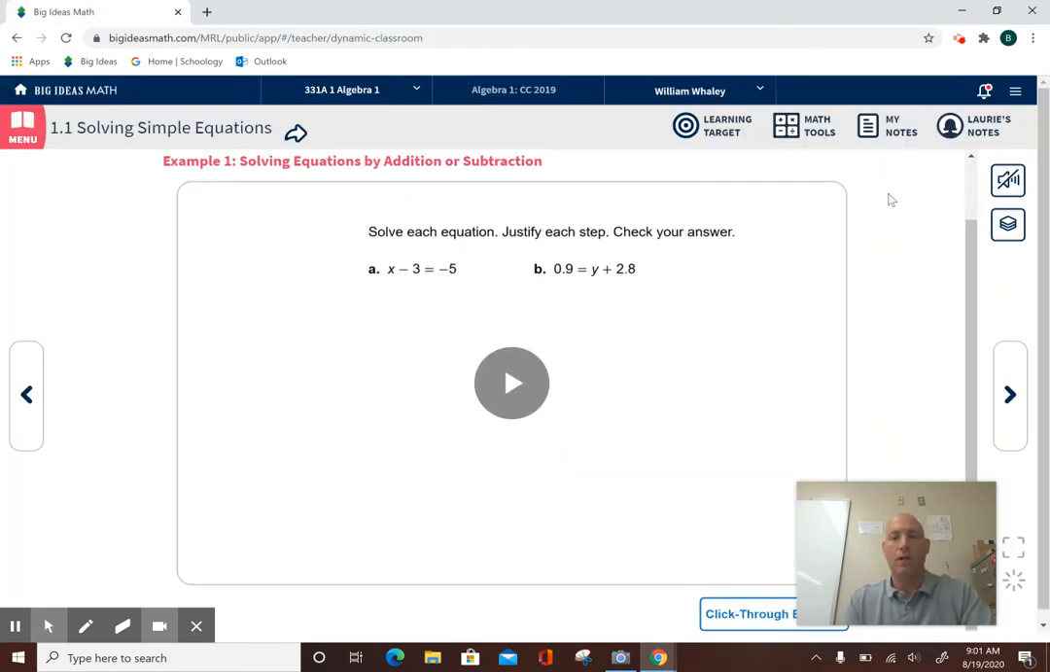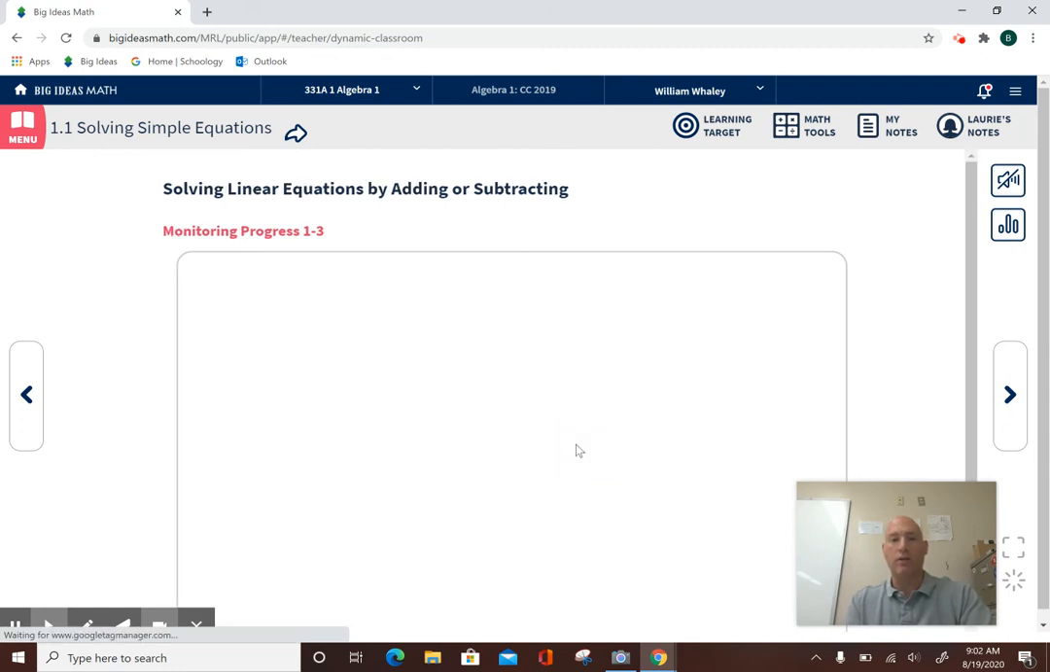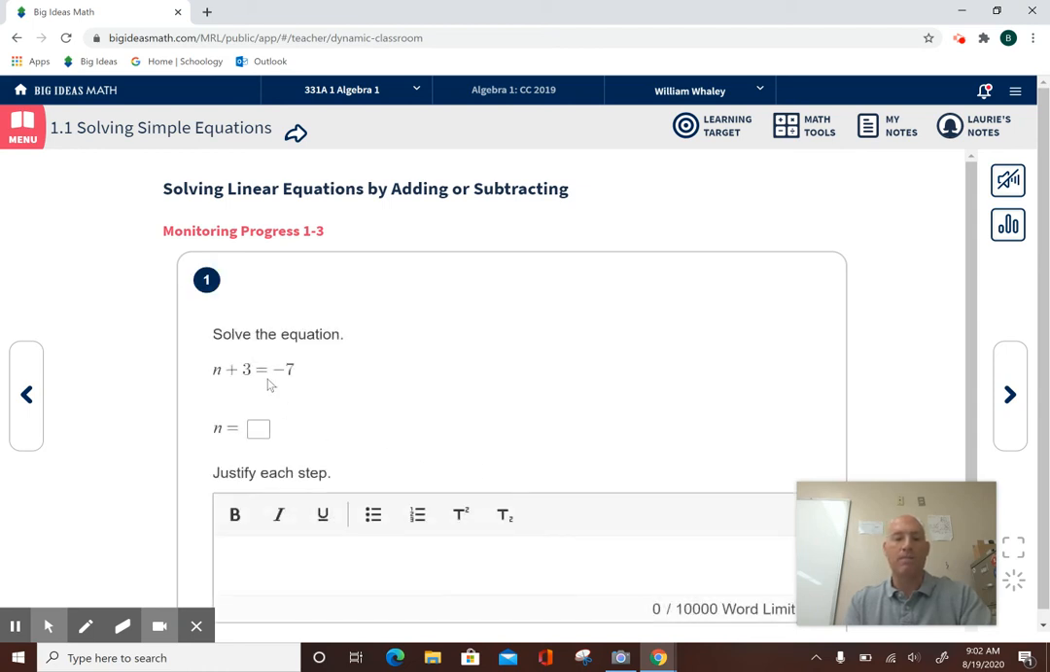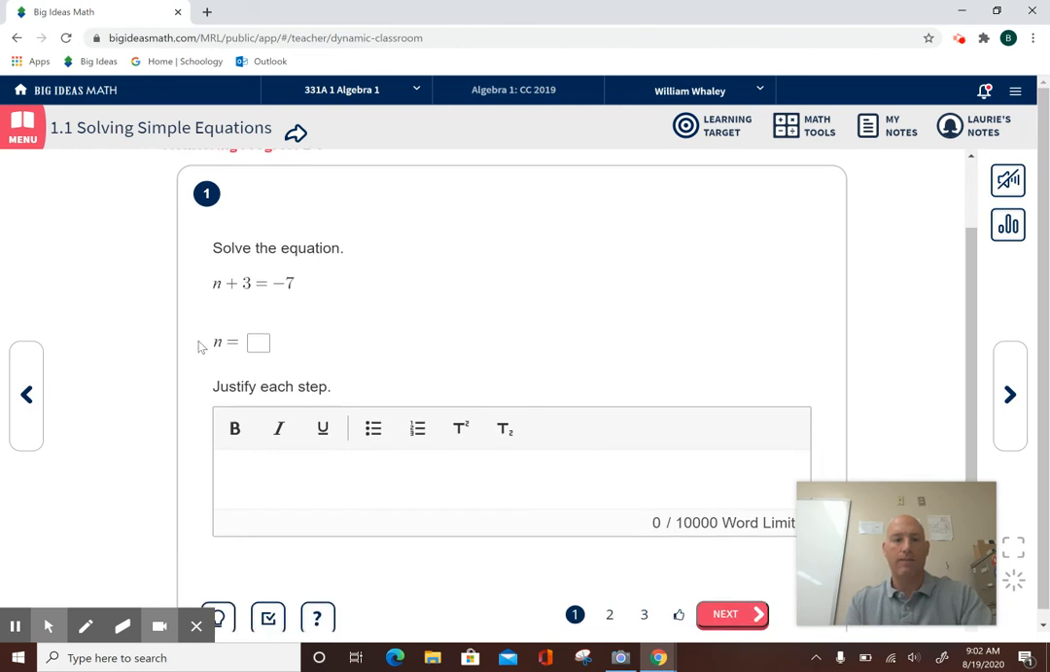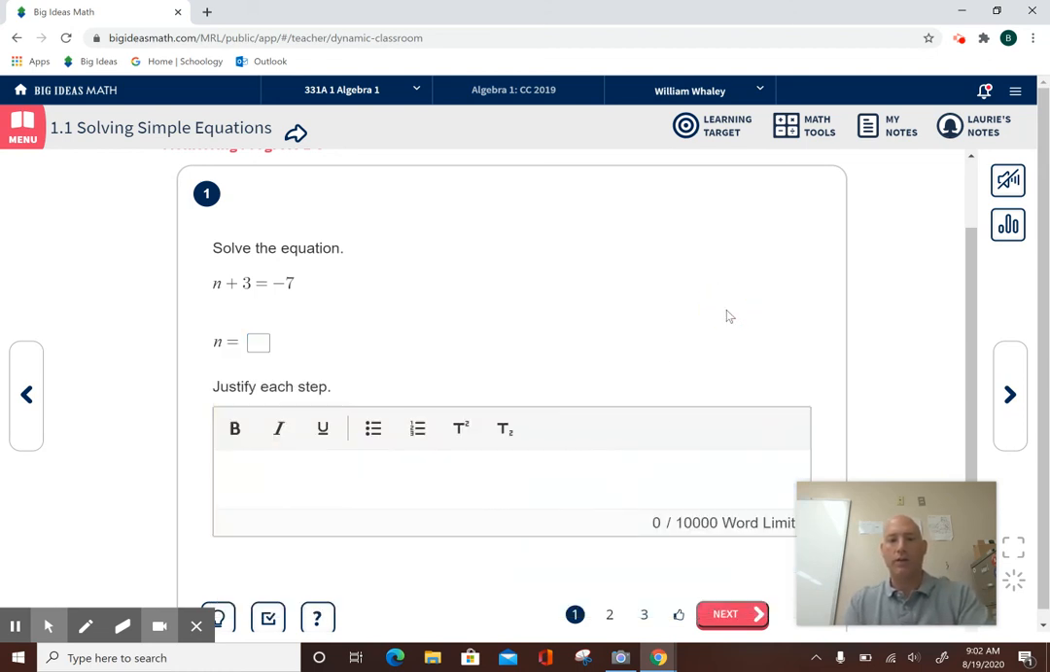All right. Now, after the click-through example, you're going to see something called monitoring progress. These are practices in your book. I will not physically be doing these on here, but I'm going to run through one just to show you. So when you hit start, it'll think for a second, then it'll call up the problems. So you have to solve them in here. So n equals, so you'll solve it, okay, and you should be showing all of your work, and then you type in your answer right here. When you're done with it,